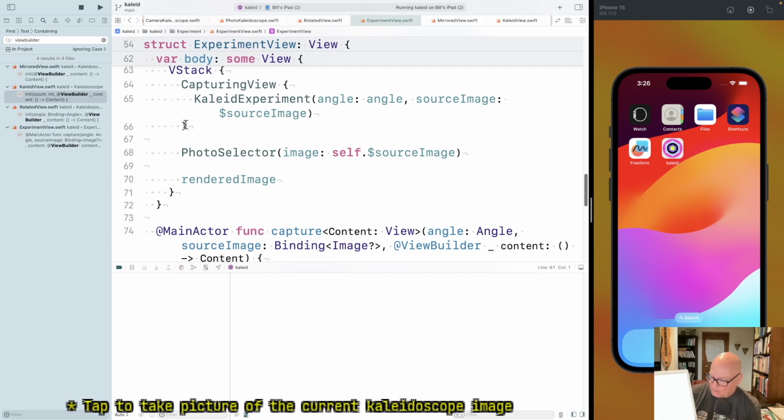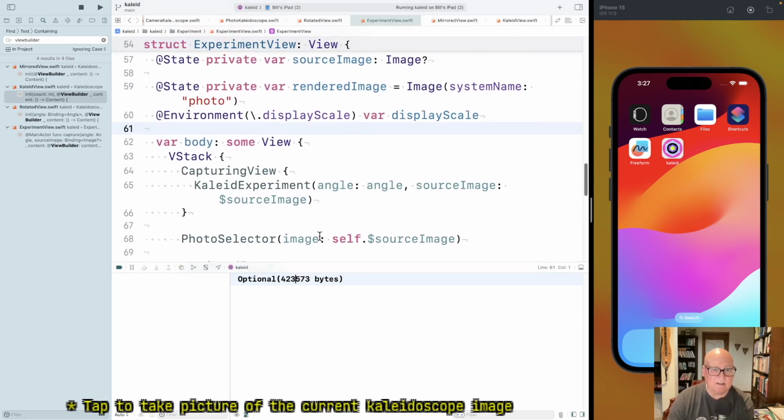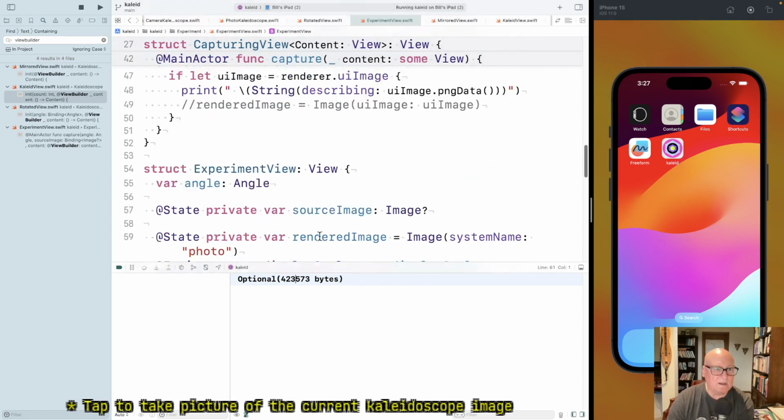All right, so we'll go to experiment tab, select a photo. Okay. We haven't tapped yet, so I will tap and crash, right? No? Okay, we don't change the rendered photo. But we do a print that says we captured 423,000 bytes of image data. All right, and we can